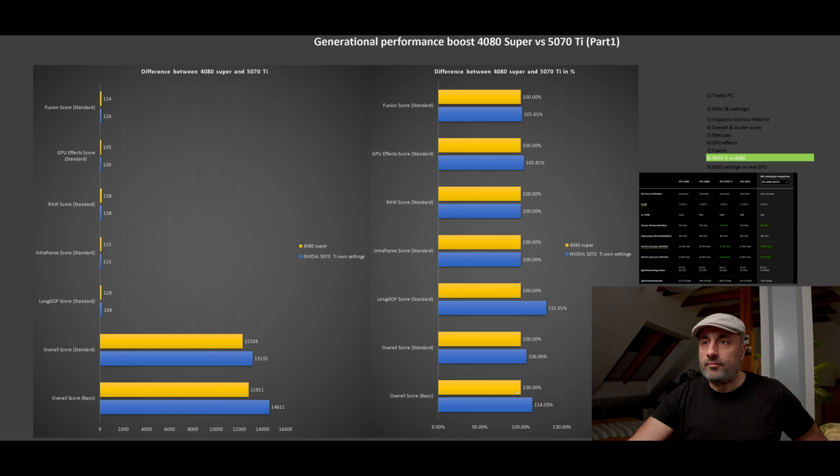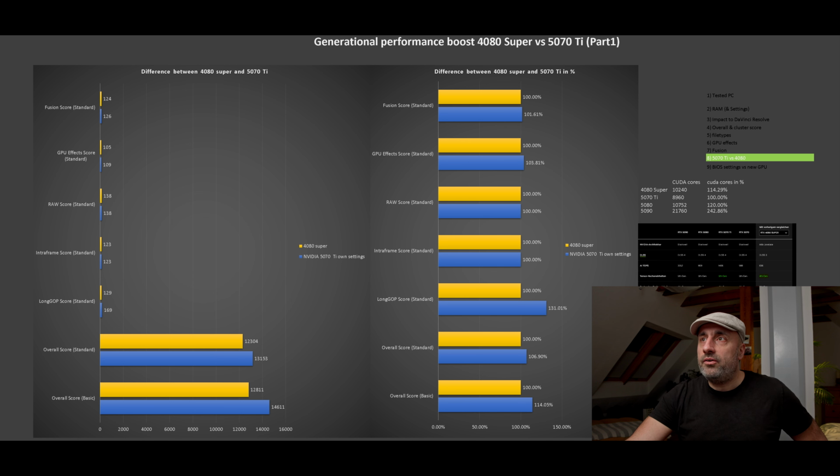And over here you see the overall score is 14% faster with the newer GPU, while the overall score in standard is 6.9% faster, and the biggest benefit you will get here is in the long GOP score, 31% faster. And I think this has to do with the new encoder or decoder. Here you can see the amount of the CUDA cores, and this is what I said before. The 4080 Super has